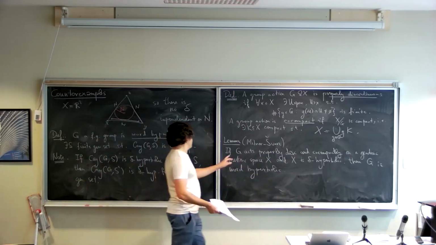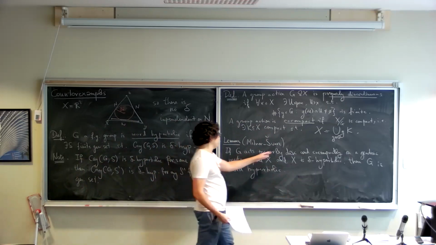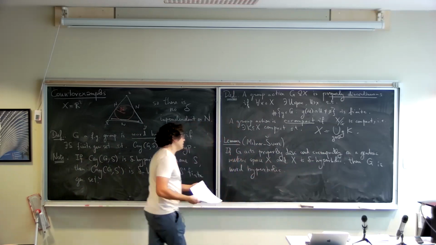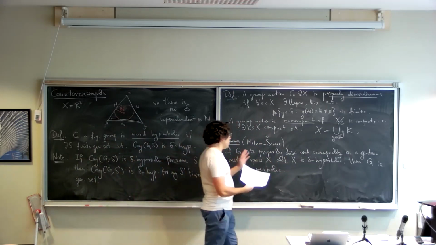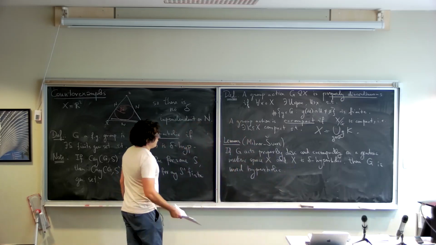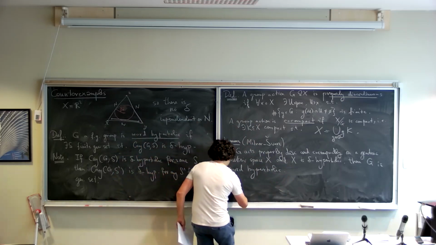So the point is, if G acts on some space in a properly discontinuous and co-compact fashion, then the metric on X and the metric on G are in the same quasi-isometry class. So one is delta hyperbolic if and only if the other one is delta hyperbolic. So as a corollary, well, you can see that,